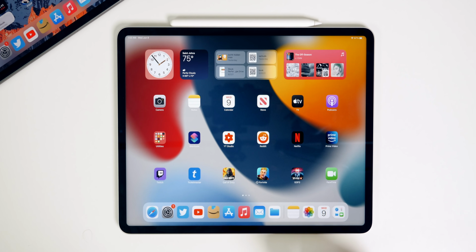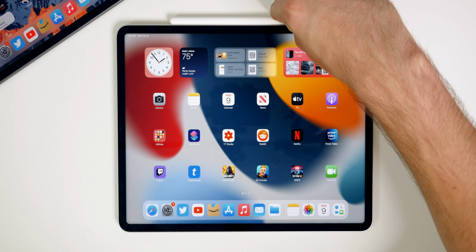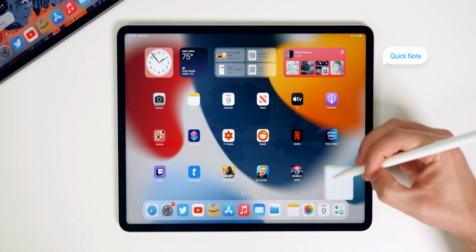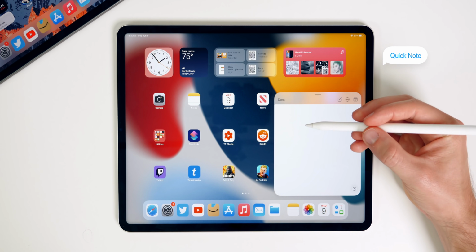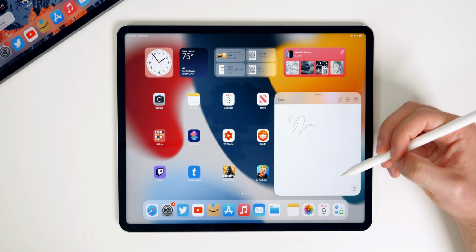app library. Now, if you have an Apple Pencil, you will get a new feature called Quick Notes. So I'm gonna go ahead and take my Apple Pencil off the top right here. And if we go ahead and drag up from the bottom right, you will see we now have this Quick Note interface right here. So that used to be the screenshot. When you would pull up right here, you would be able to screenshot